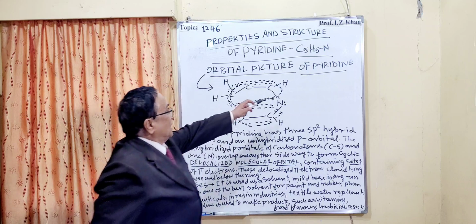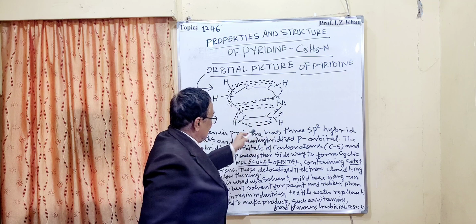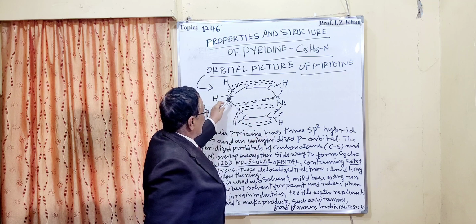So this is above the ring, the delocalized pi electrons, and this is below the ring, of this hexagonal pi